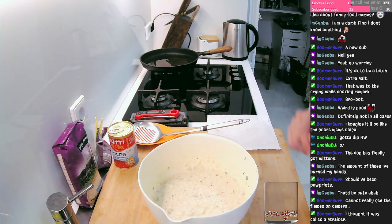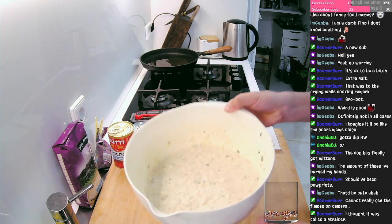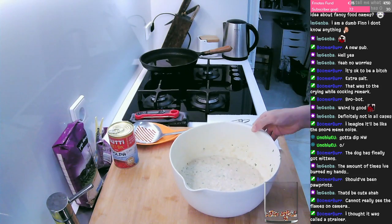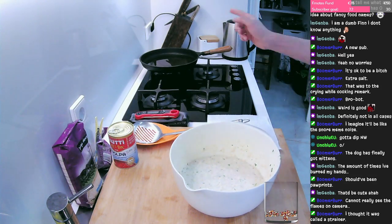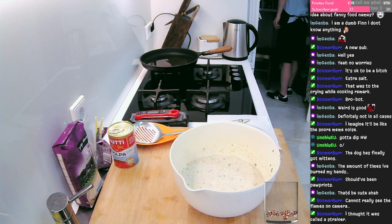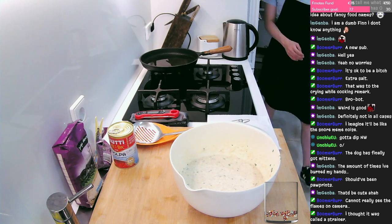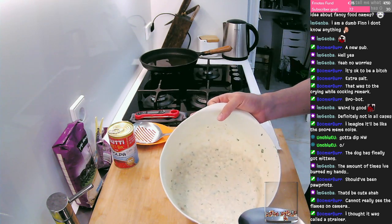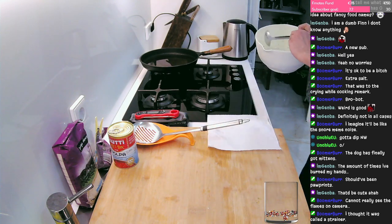So, I'm going to get a... Right, I can actually not see it very well. There you go. It's runny. It doesn't look too good. I'm going to get a better spoon to put this in. There we go, something a little bit bigger. I'm not sure if I'll be able to pour this. That would be ideal, but...